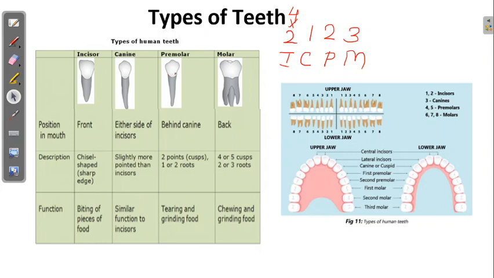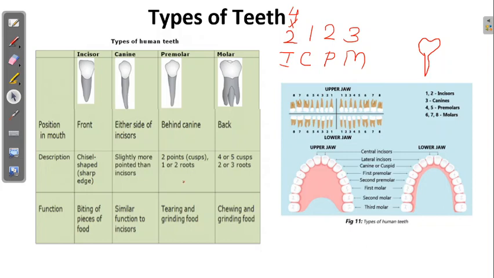When you talk about premolars, you say that they have 1 or 2 roots. Roots are basically the part which is inserted in the gum. So if you see only 1 or a maximum of 2 roots, then it is a premolar. It has a small cusp in between. Cusp means a small depression in between. If you see only one depression, then it is your premolar. So 2 points, 1 depression.